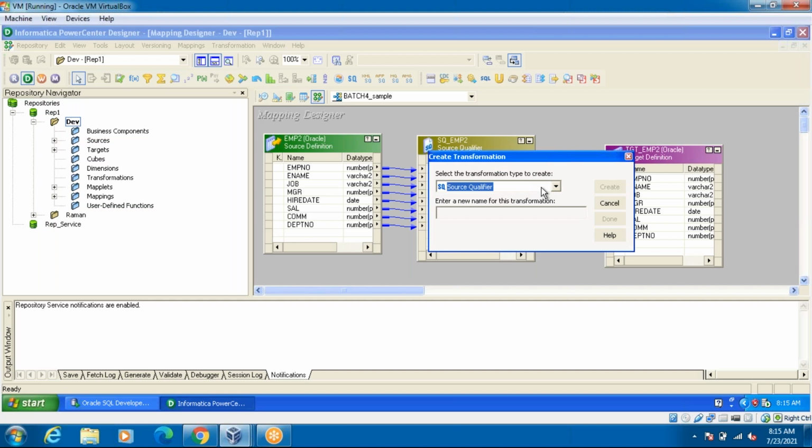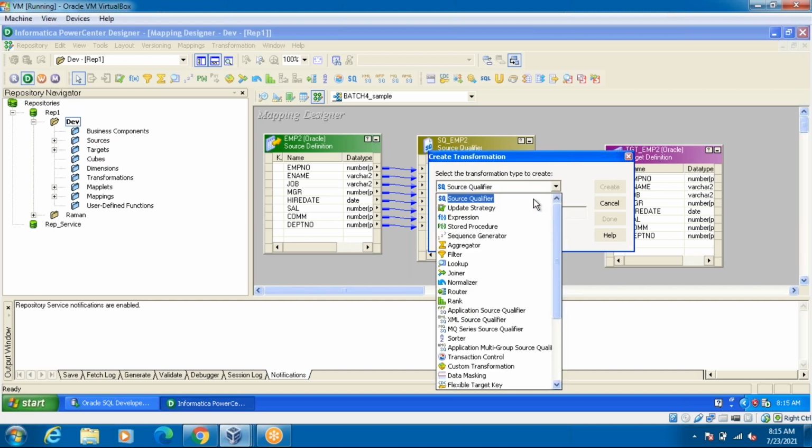Okay. Then you can see the transformation list. So these many transformations are there in the Informatica. See how many are there? 1, 2, 3, 4, 5, 6, 7, 8, 9, 10, 12, 13, 14, 15, 16.